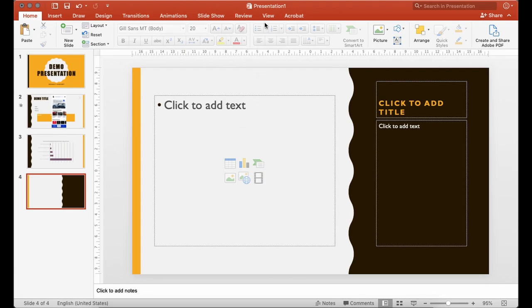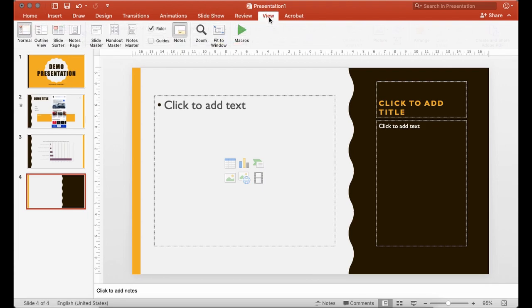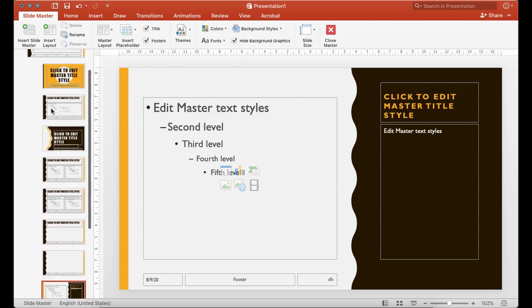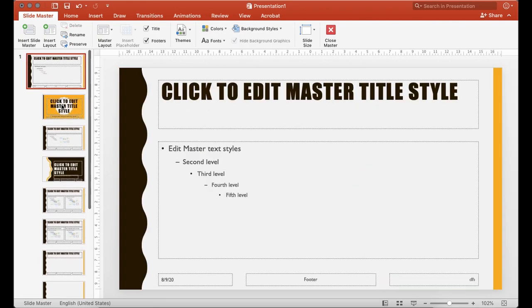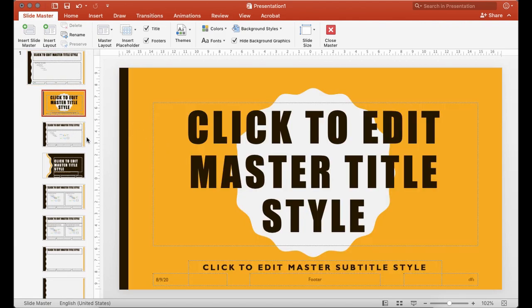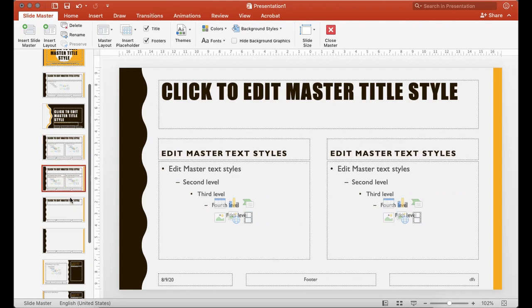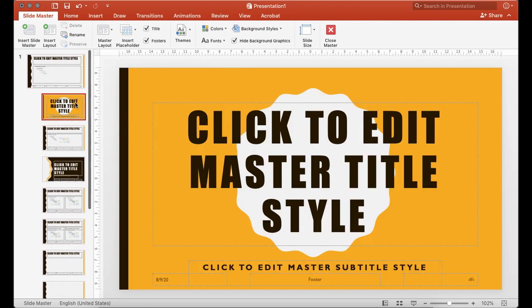Okay, so let's head back into the slide master view by clicking on the view tab, and we open up the view ribbon by clicking that, and then we select the slide master button. You would notice here that there are a couple of templates that are available for each presentation by default. So we have a title template that has been already designed for this particular theme that we used. We notice that there are a bunch of other templates here,